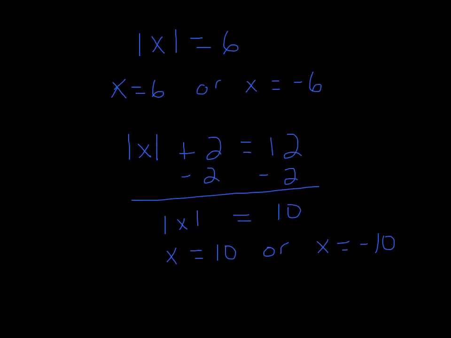Alright, so now let's take another example on that same page. We're still on page 18, and this time they have 3 times the absolute value of b minus 4 is equal to 2. Again, we're going to pretend the absolute value is just like having an x in there or just like having a b in there. We're going to try to get that absolute value solved all by itself, get it isolated. So the first thing we do, we got to get rid of that minus 4. So we add 4 to both sides,